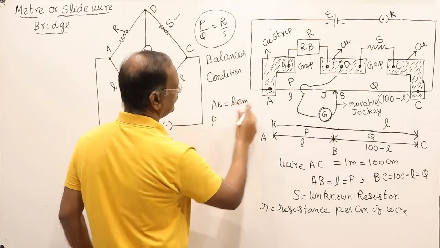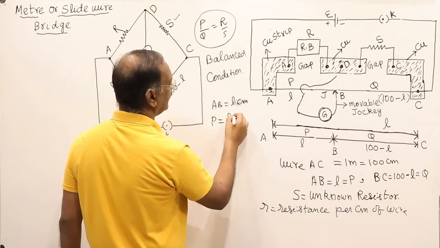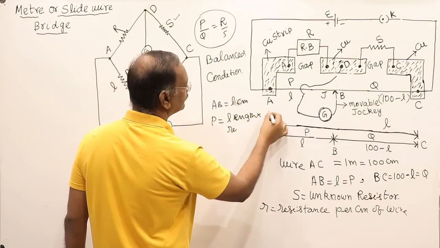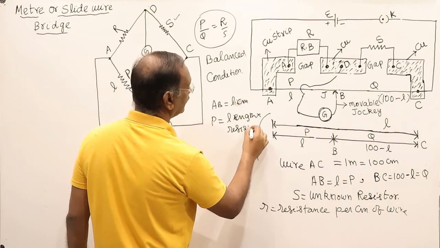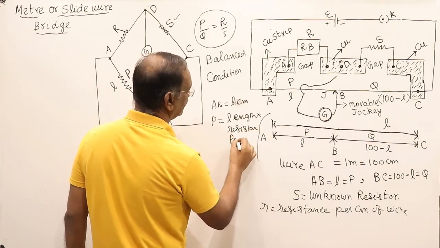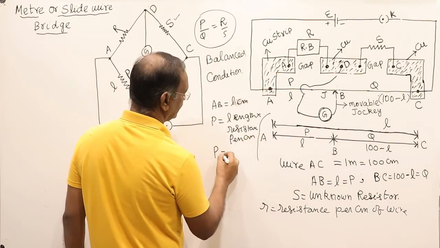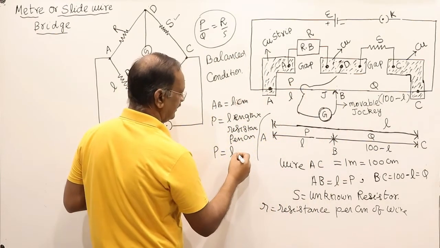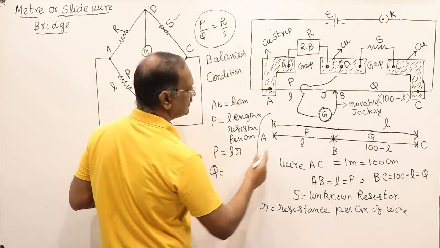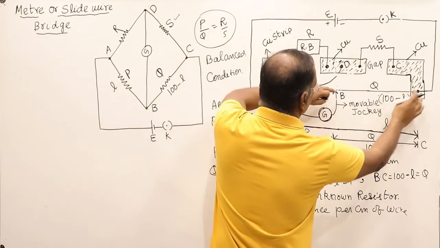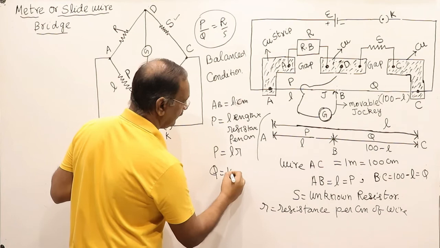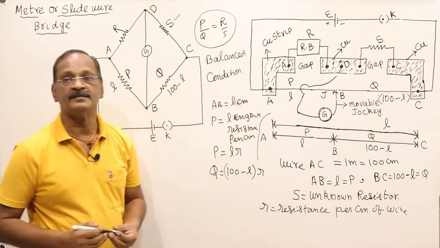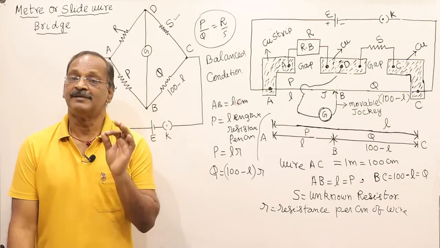It means the resistance P, A to B, is equal to L, the length, into the resistance per centimeter. This is the resistance. Therefore, P is equal to its length AB into R. Same way, Q. What is Q? Its length, if this is L, this is 100, and this will be 100 minus L, into R. This is the resistance of P, this is the resistance of Q, where R is the resistance per centimeter length